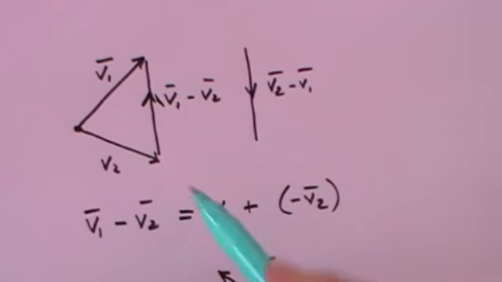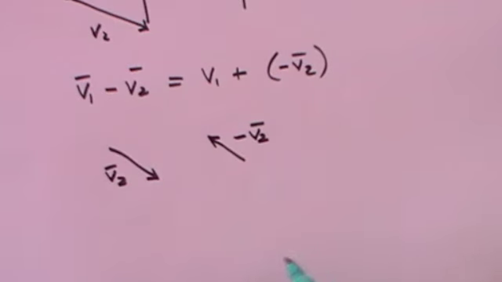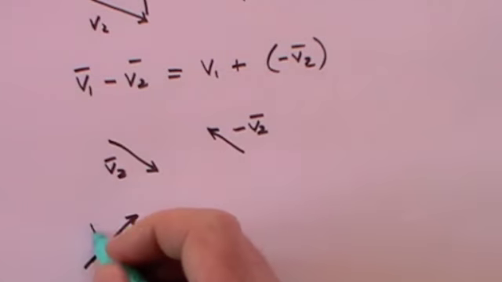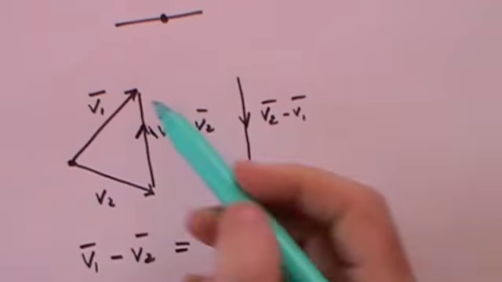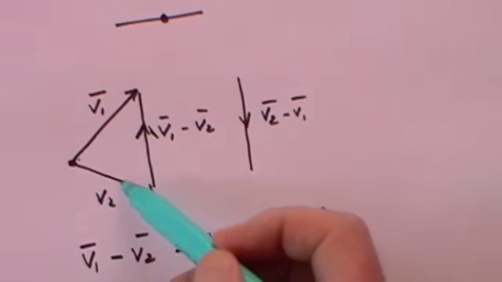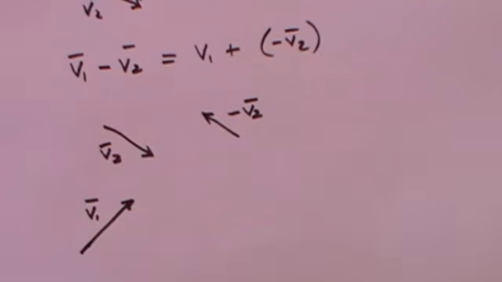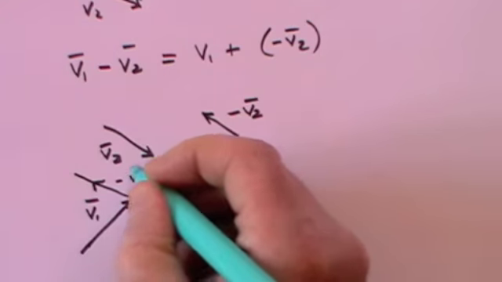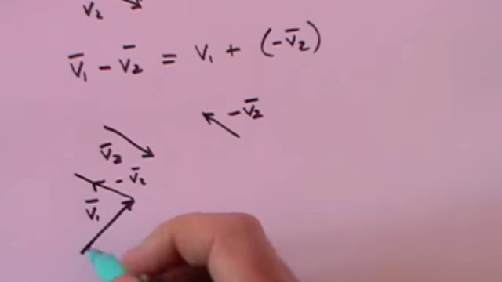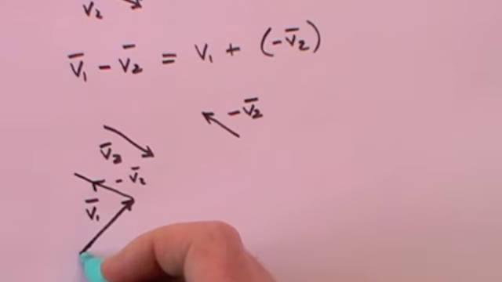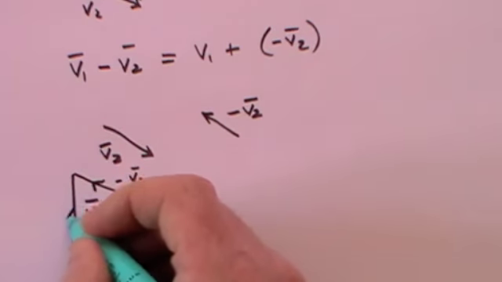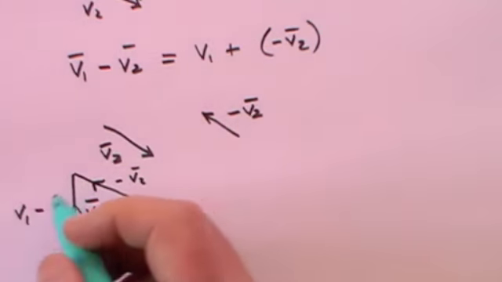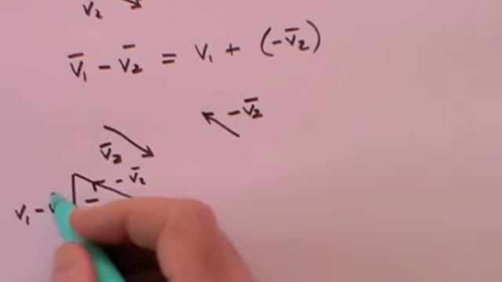So let's just think. v1 is like that. That's v1. Now v2 goes like that, so minus v2 goes like that. So we'll use the normal rule and go tip to tail for minus v2. And then of course the usual thing, the tail of the first goes to the tip of the last. That becomes the resultant, and that is v1 plus minus v2, which we can simplify to say that's